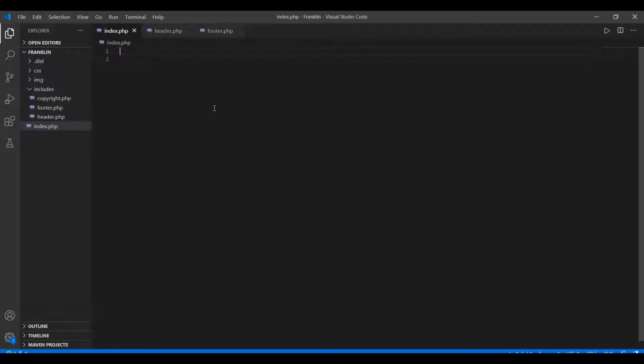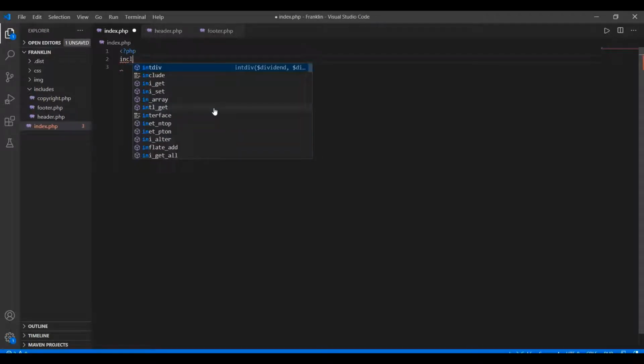The first page that I have created for this website is index.php. In order to include the files, we simply write some PHP script here. For this I will use the PHP starting tag, then write the include function of PHP, and give the path.